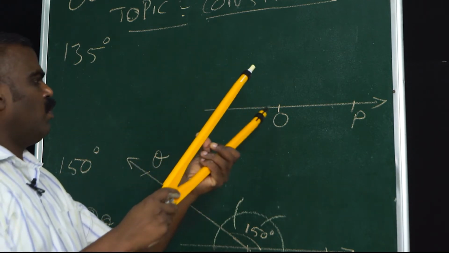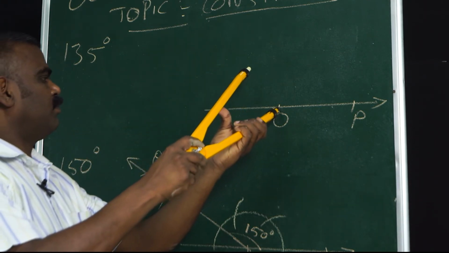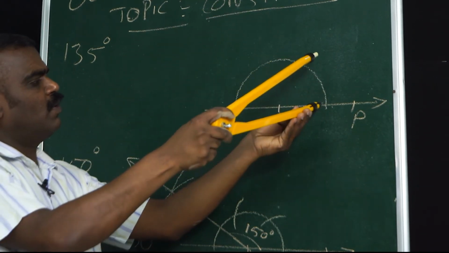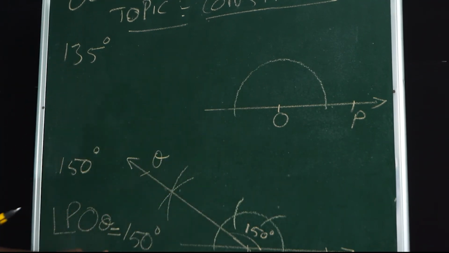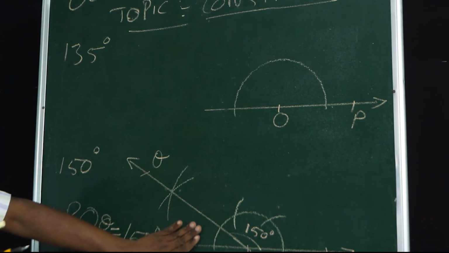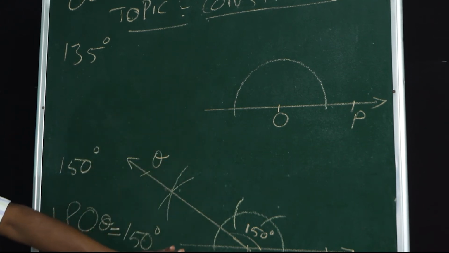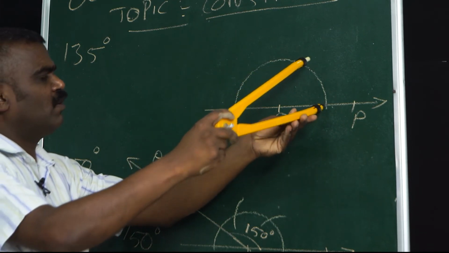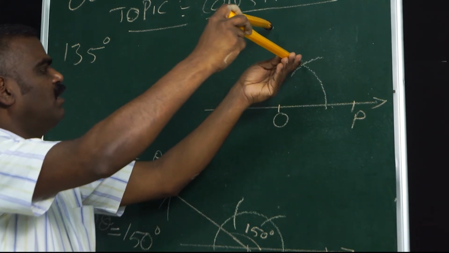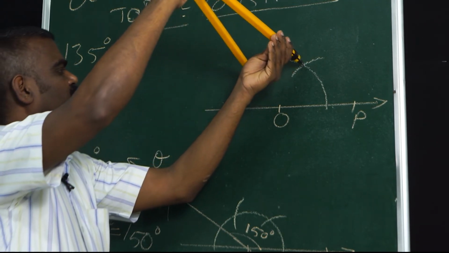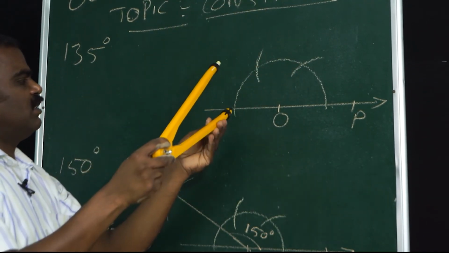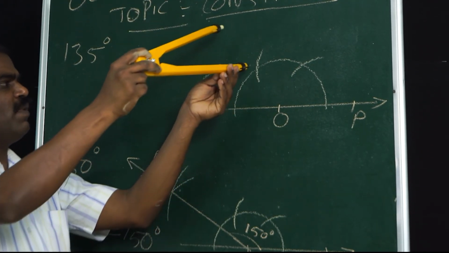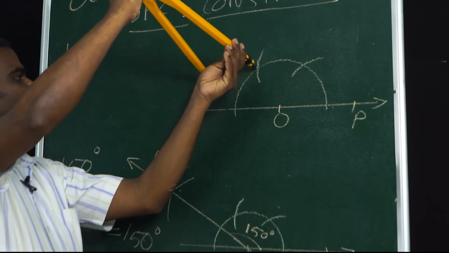Keep the compass at point O. Okay. To draw 135, we have to draw 150, okay? So, whatever you have done here, same thing we have to do. That's why I am not cleaning this portion, okay? I am keeping it, the same thing you are going to do. Without changing, one arc, again, without changing, another arc. Next, from here, one arc, again from 120, another arc, right?